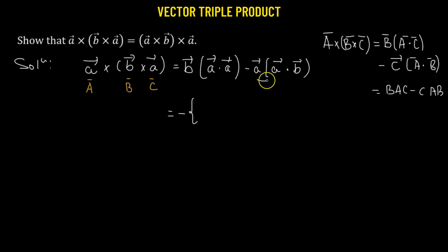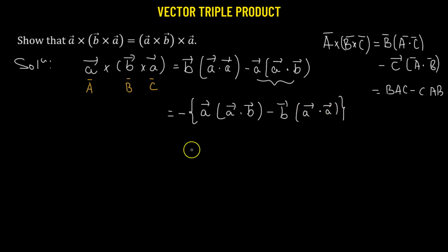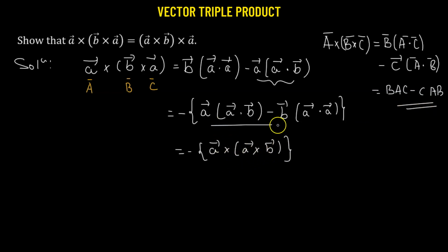Now we will use this as the first term, so this will become A vector multiplied by A vector dotted with B vector, minus B vector multiplied by A vector dot A vector. Now this is similar to our vector A vector crossed A cross B. So if we use the BAC-CAB method to expand this particular vector triple product, we will get this